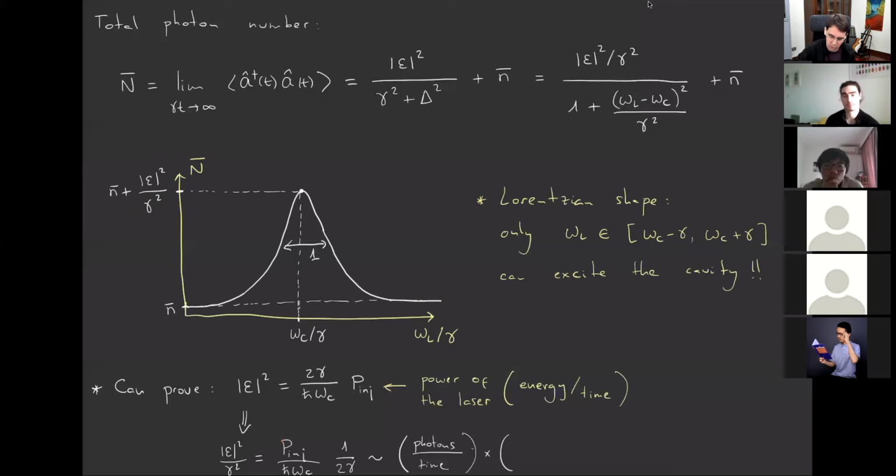And this is essentially the damping time. So this is how long it takes for a photon inside the cavity to leave the cavity. So it's a measure of that. So this is a damping time. So then if you just do the photons divided by time multiplied by the damping time, this is just the number of photons that can accumulate